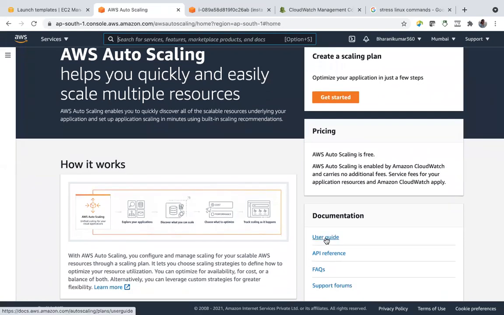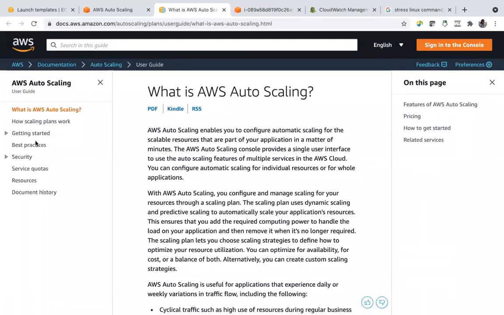You can go through the user guide. Getting started.